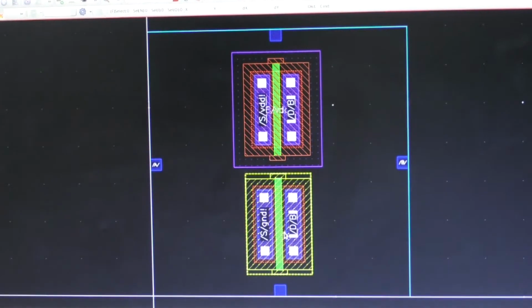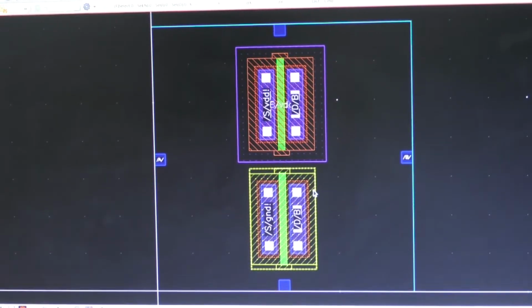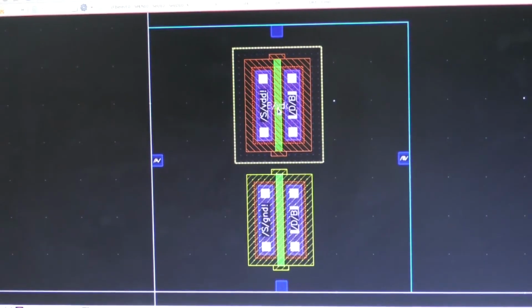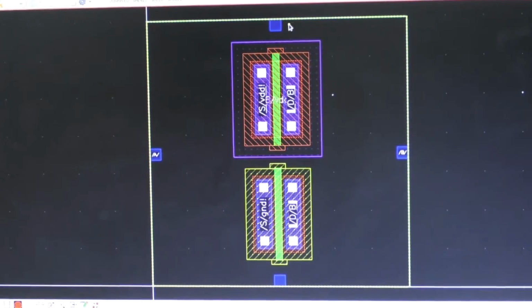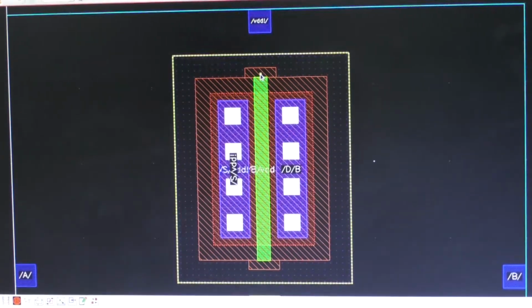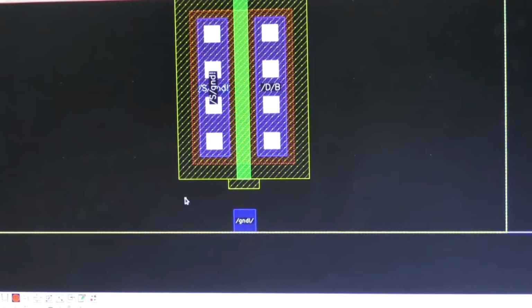See, this is the actual placement of the transistors. This is the p-type transistor and n-type transistor. And if you see, the top one is VDD, and the bottom one is ground.